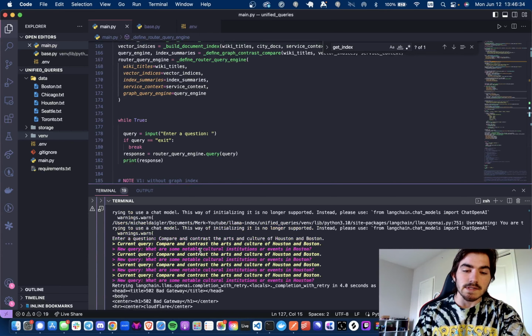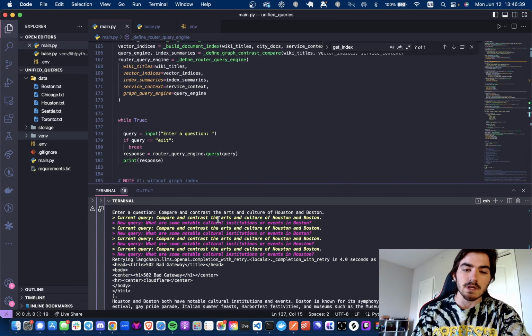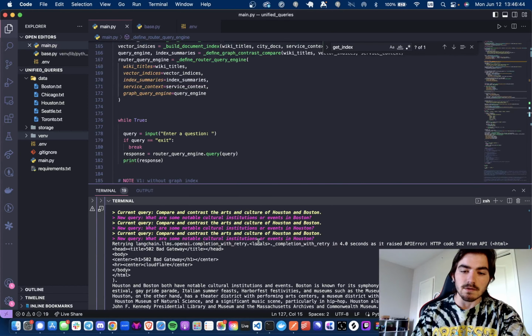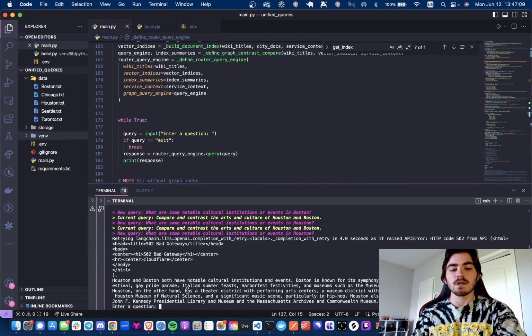And yeah, so I've had this loaded up right here. Just entered a question, and you can see what I did from the last one. I said, compare and contrast the arts and culture of Houston and Boston. You can see the outputs of it just asking, all right, what are some notable cultural institutions or events in Austin? And then it called LangChain and I guess got a bad response and then tried again. And then it gave me this lovely response down here that said, Houston and Boston both have notable culture institutions. Boston is known for a symphony orchestra, ballet, opera company, book festival, arts. You get the gist. So maybe I could say,